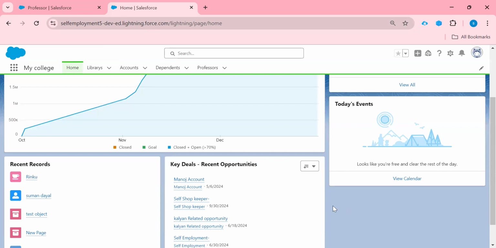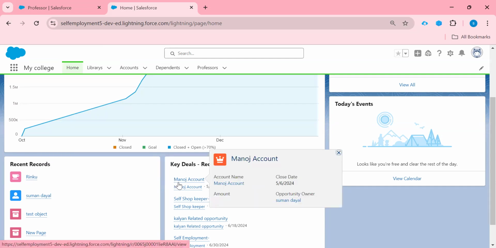So now, why is the mini page layout important? It will show the minimum required information to get the idea of a record without going to the record detail. See, if I hover the mouse here, it will show me the minimum record, which has the 3 fields I have chosen, right?